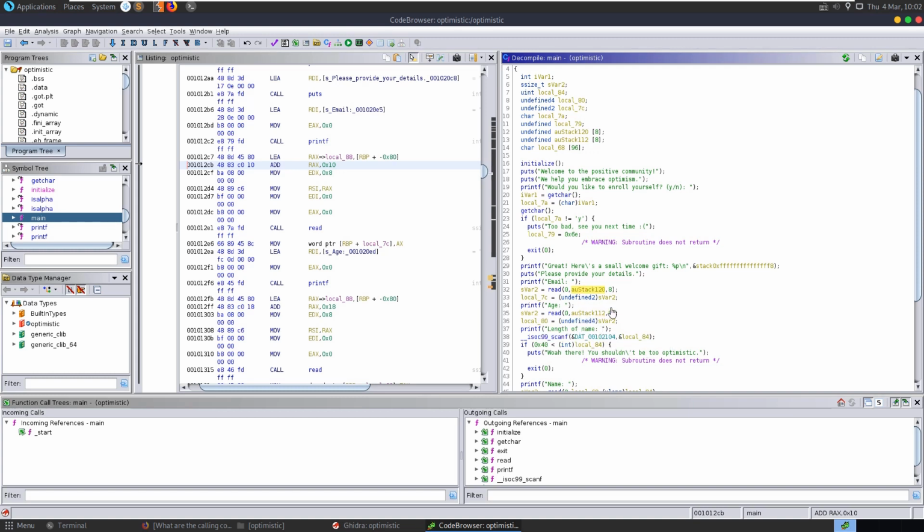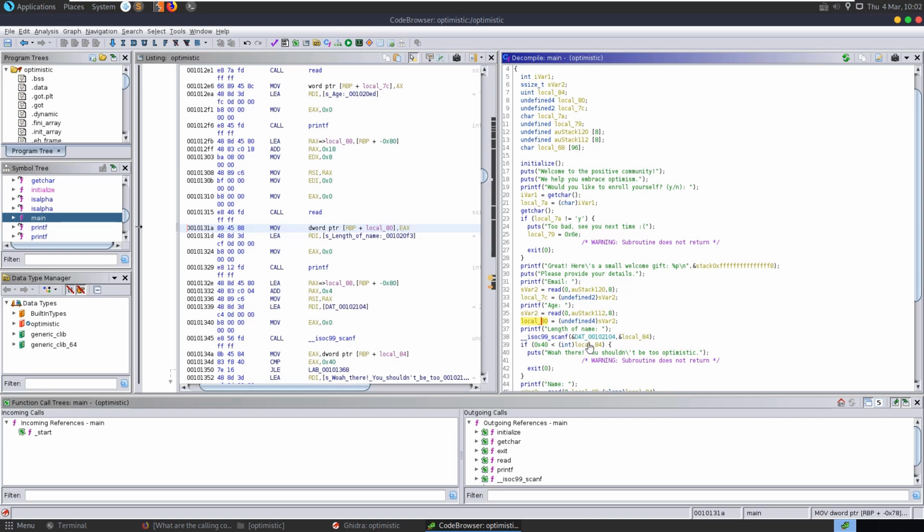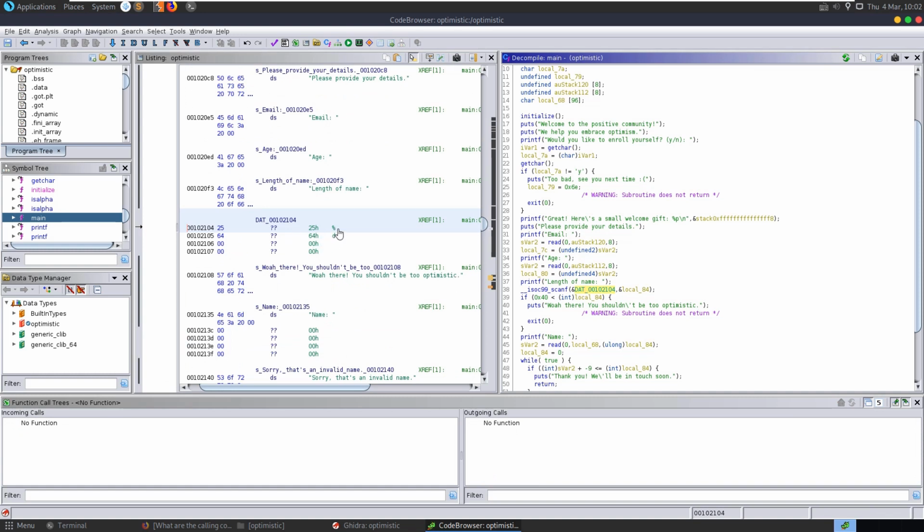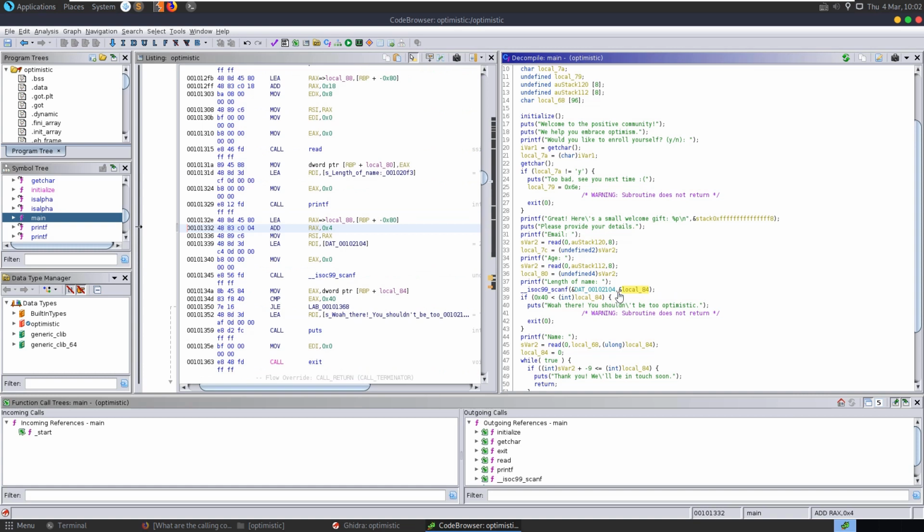And then it's casting these to these other variables, local C, local 84. It asks us for the length of the name, and this is where it's going to, let's have a look at this. Okay, so it's going to take in as a decimal the value local 84, and then it's going to check that our local 84 is less than 64 in decimal,